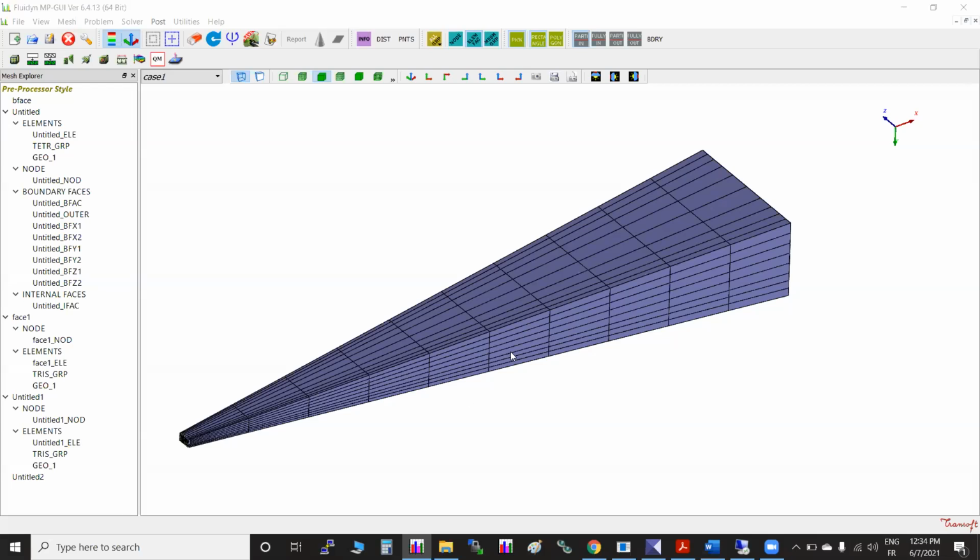Somebody is asking, not related to the meshing, whether it is possible to have a single geometry construction and mesh that we can use during all the sessions.